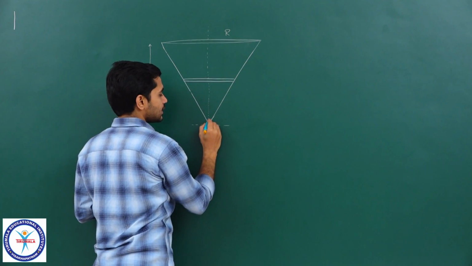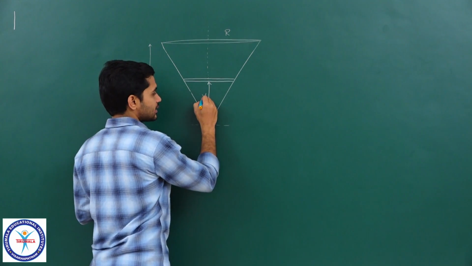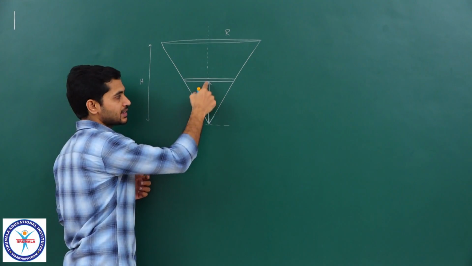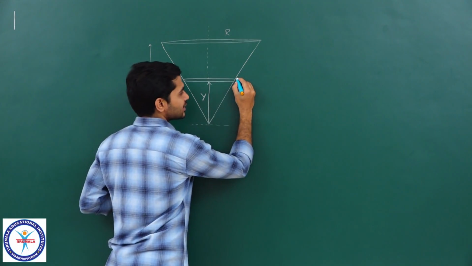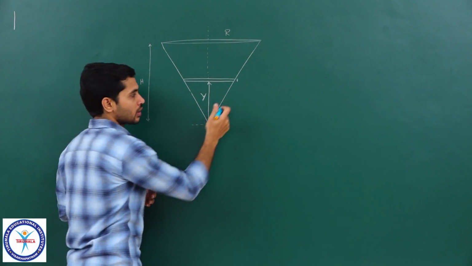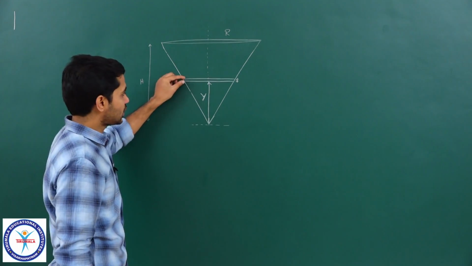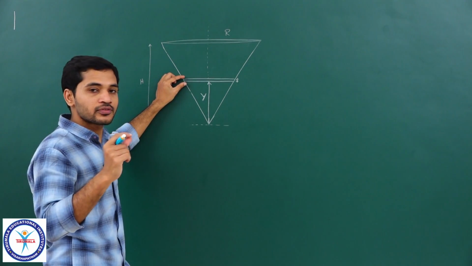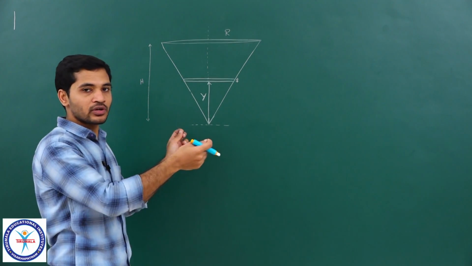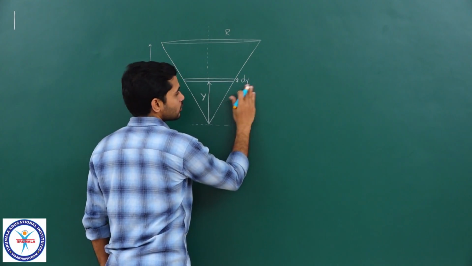Let us say this disc is at some height, over here at a distance of some y from the vertex of the cone. And as I told you, we should be considering the thickness of that particular disc to be very, very small. Only then can we calculate the total volume correctly. If the disc is not of infinitesimally small thickness, as we have seen in the earlier diagram, we will be leaving out some volume. So I will consider the thickness to be dy.